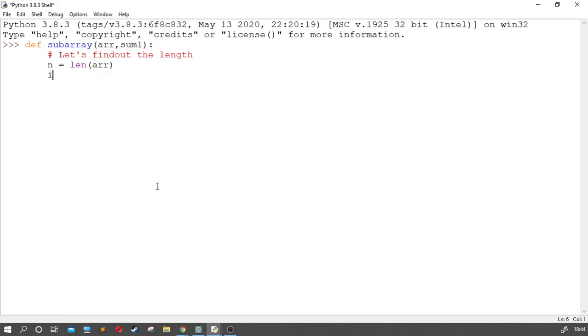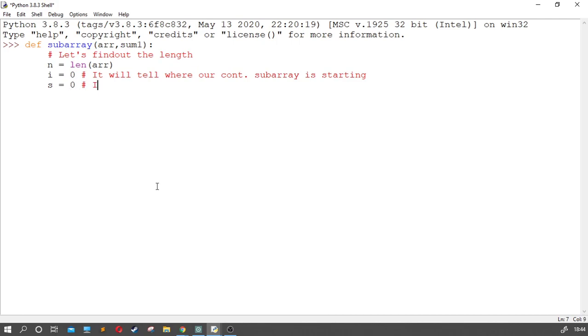After that we initialize two variables. i is equal to 0, which is the starting variable, which will tell where our continuous subarray is starting. We have s, which should be equal to 0.